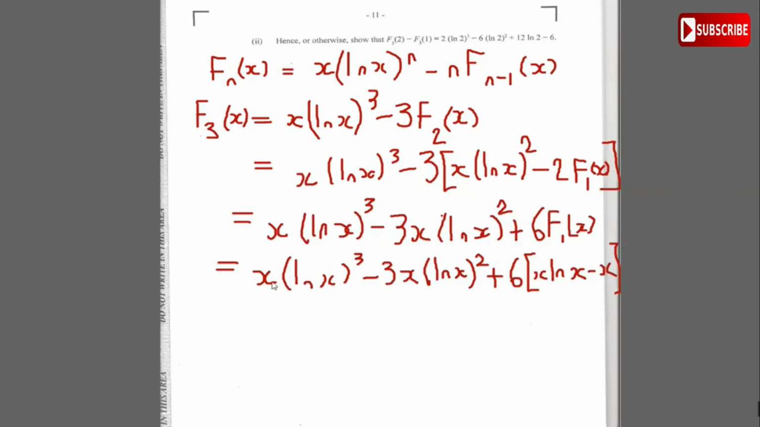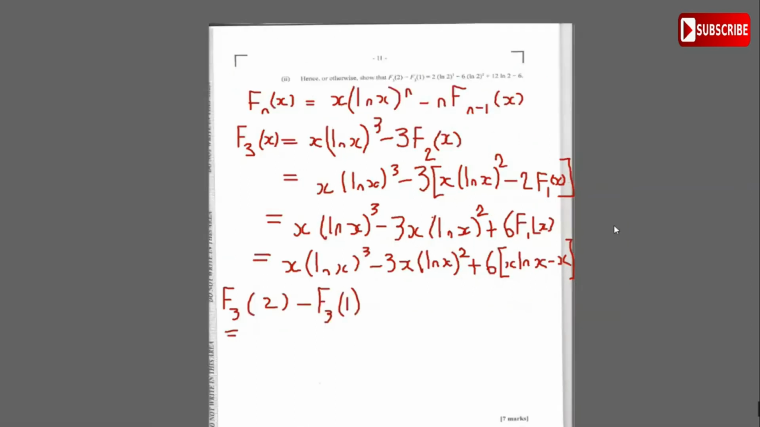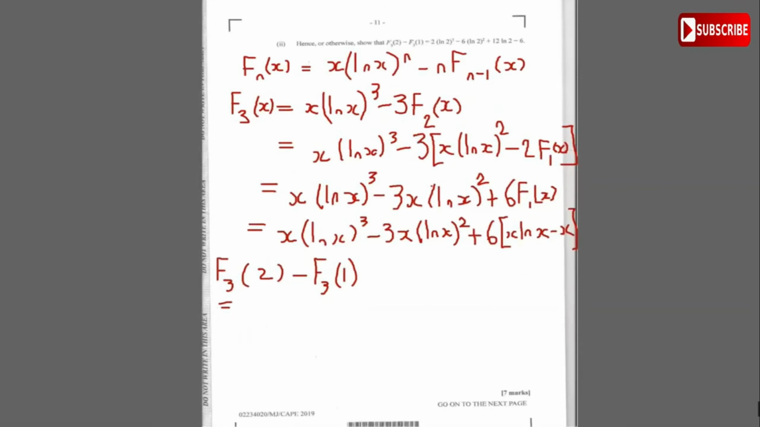Now that we have the formula for f3x, we can find f32 and subtract f31. So now f32 minus f31 is going to be equal to, let's make it have some more space. We're going to go out a little bit. f32 minus f31. f32 means we're plugging in x as 2 now. So it's going to be 2